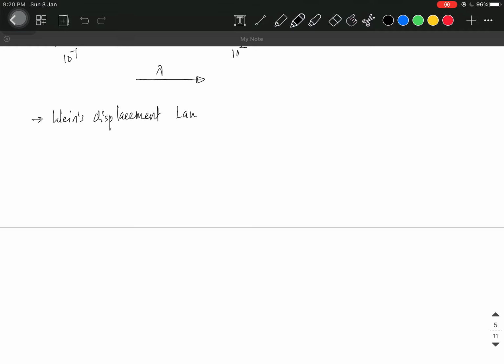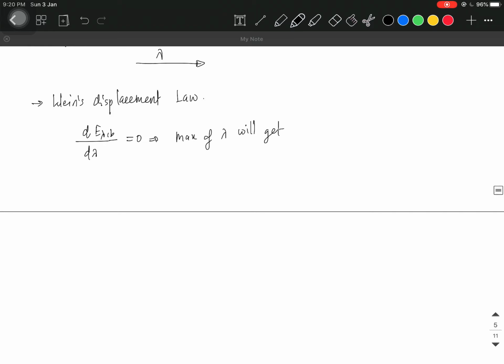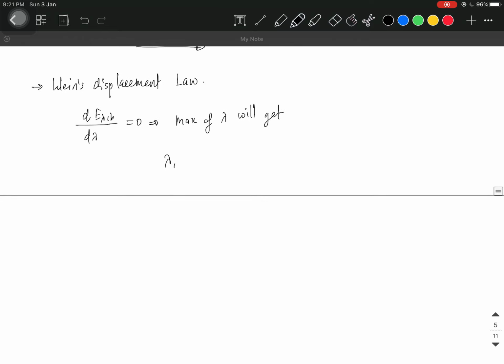And then let's discuss the Wien's displacement law. What if we differentiate the E lambda b equation that we got from the Planck's distribution equation with respect to lambda, and equate it to 0? What we get is the maximum value of lambda. Okay, so by differentiating this particular equation and equating it to 0, we will get